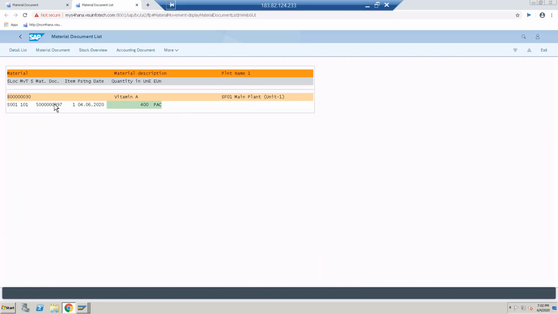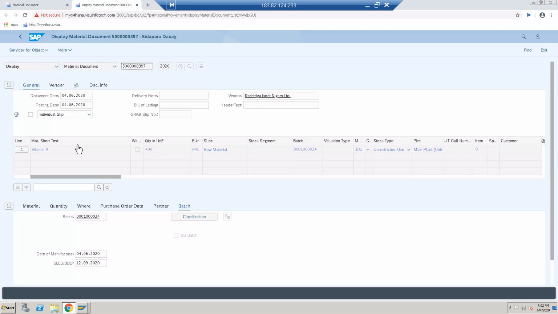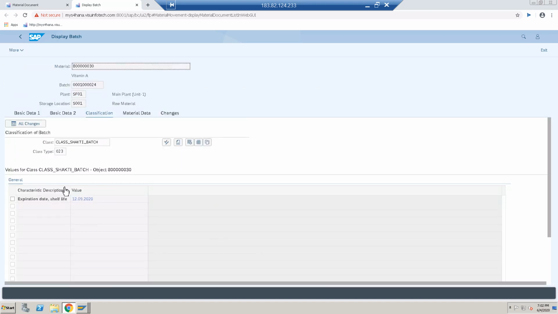This is the material document that has been created, that is, 400 packs have been received. So click on this detail list. You can see the batch has been created. This is the batch that has been created, and if you click on classification, you can see the shelf life expiration, that is 12/9/2020.